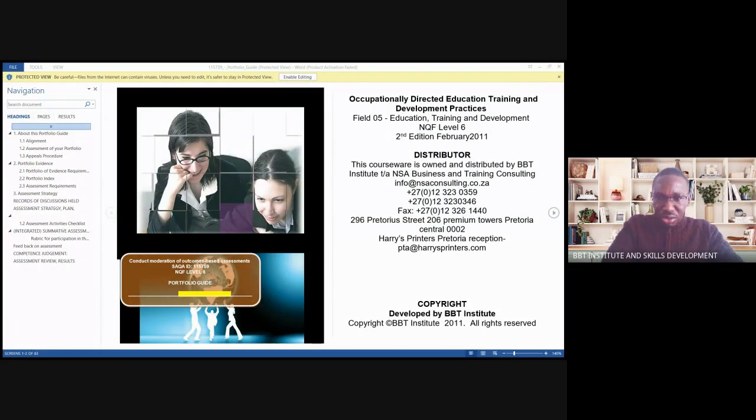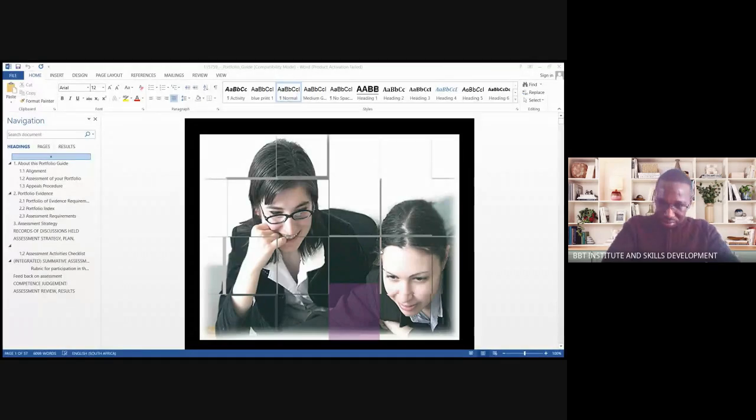Okay, so I'll take you through here. This is the moderation guide, the POE for moderation, and it's streamlined. Someone joined, let me quickly share it with you again. For those of you who are doing moderation, this is the only document that we need to complete. Nothing else. You complete this document and use the tools to complete.